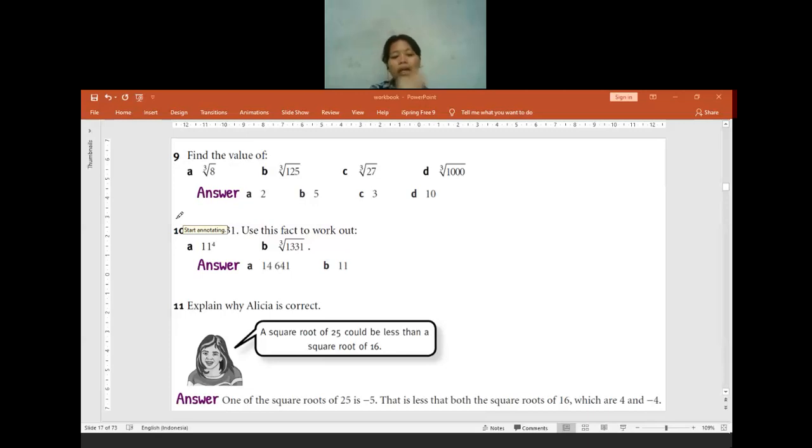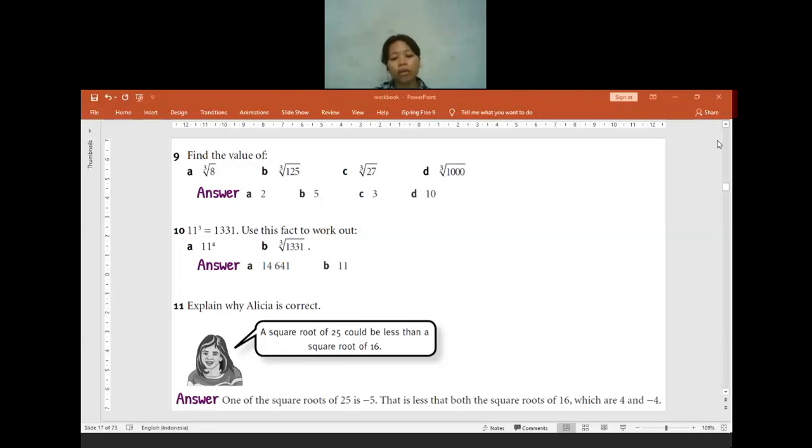So maybe you can make a list, and then from that list, whenever you have a question on the exercise, you can look through your list. Later, by looking and reading the same list, you will be able to remember it by yourself. So it will be better if you make a list from 1 cube until 10 cube, and then for the square numbers, make a list from 1 square until 20 square. If it is possible, you can try to memorize it.